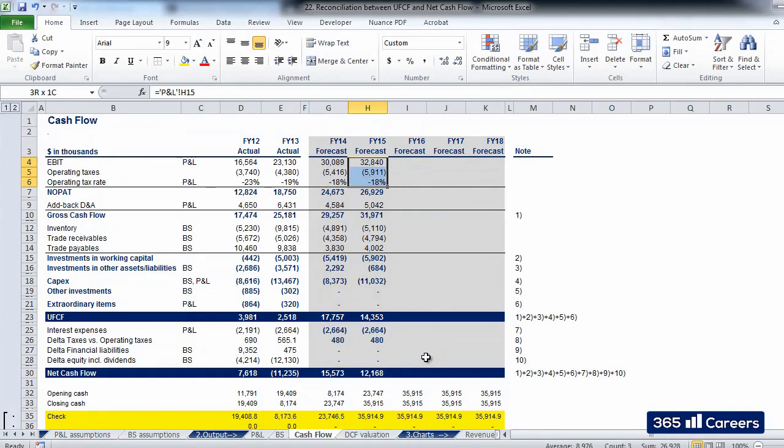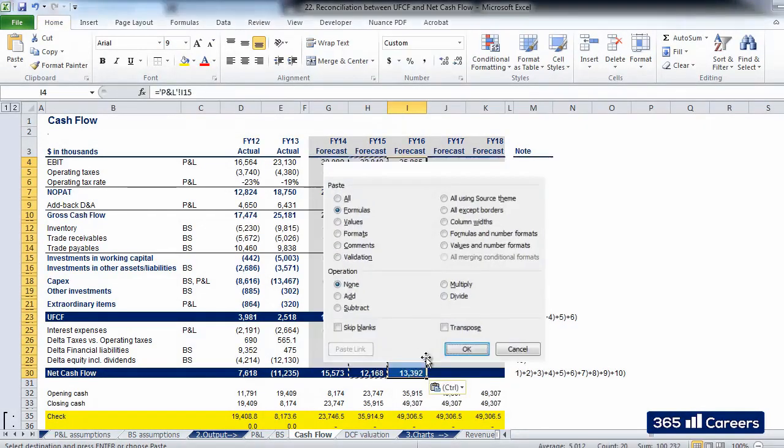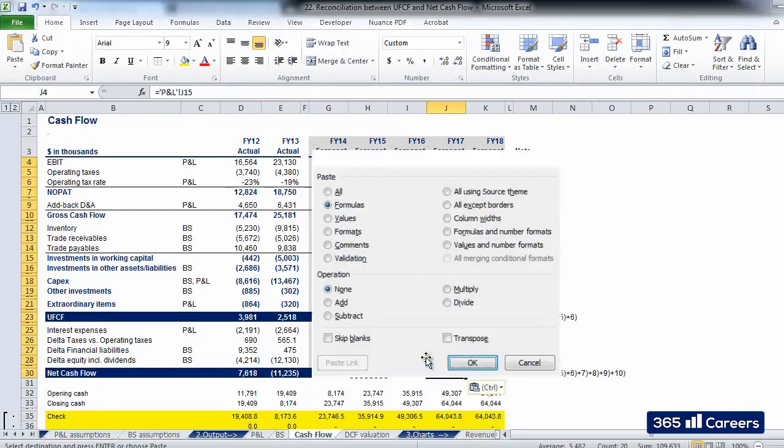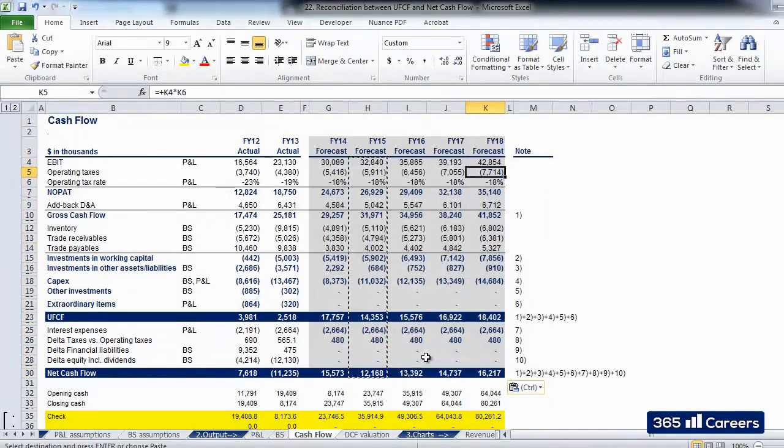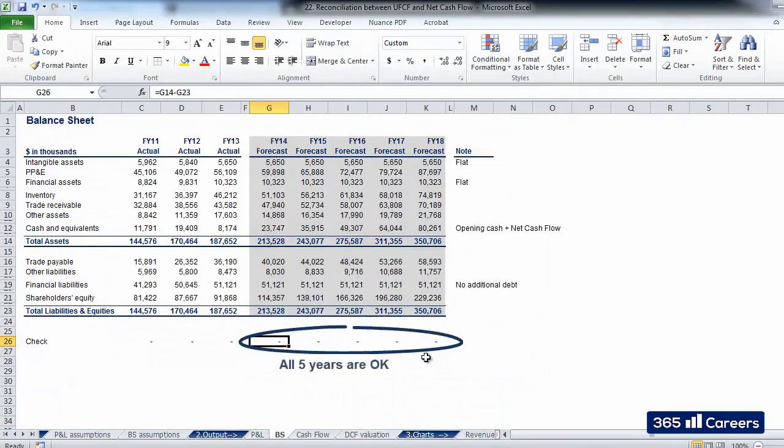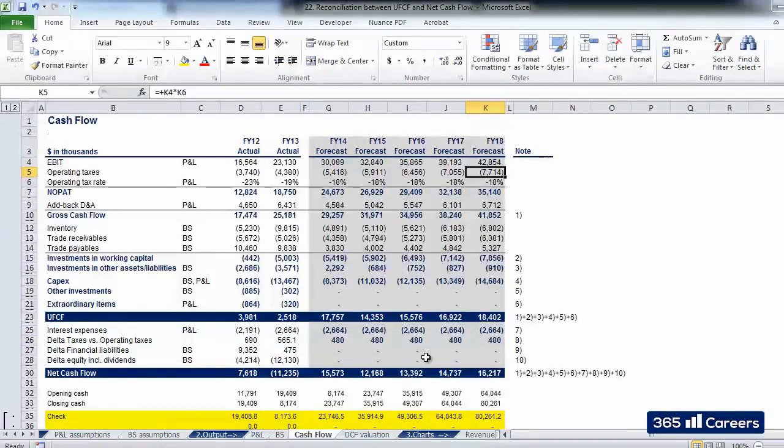Good. We can simply paste the formulas for 2015 to the other 3 periods, as the problem with the blank column would not exist anymore. We were able to complete the calculation of cash flows and balance our balance sheet. The next step in our exercise is to perform the actual